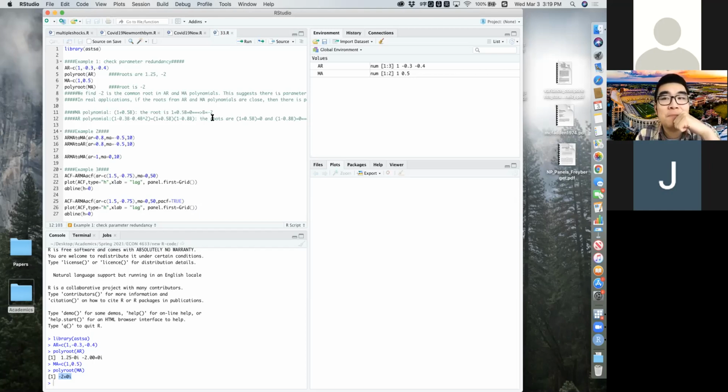Okay, yeah, so that means that you need to rerun the model. Okay, so that does not necessarily mean that your model is not correct. So you understand what I mean? Suppose that you start with an ARMA33 model, and you encounter this parameter redundancy problem, and you find the roots are very close to each other. So they suggest that you might want to run an ARMA22 model. And once you run the ARMA22 model and check that there's no parameter redundancy problem, then the next step